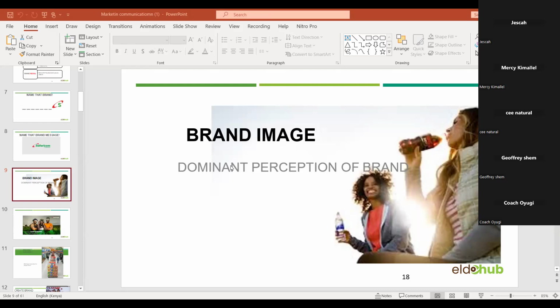So brand image is the experiences and the interactions they've had with you, and what they can say about your product. You've ever had bad customer service from a shop, and the image that you get from there, the service of the person who served you and everything, you just avoid that shop. So I feel like brand image, how you serve your customers and how you relate to them, is really, really important.